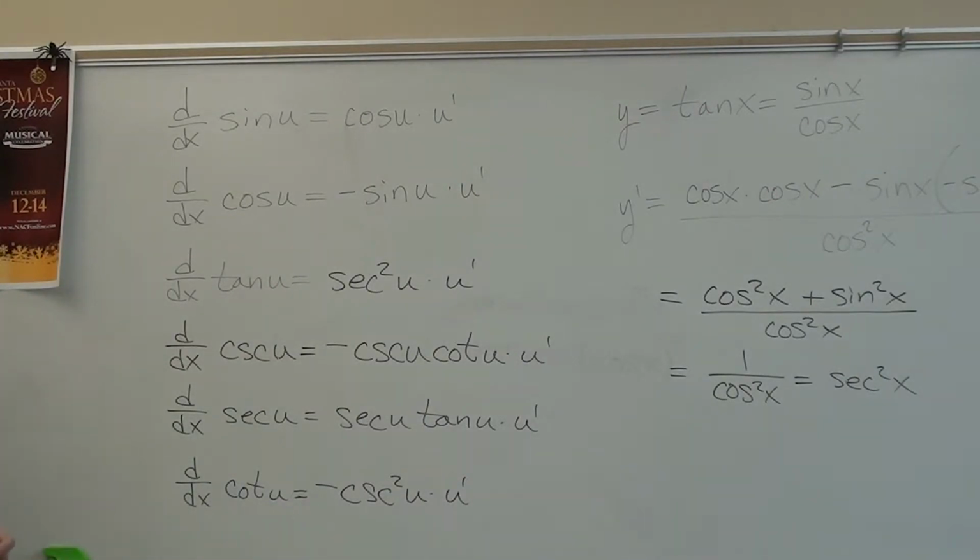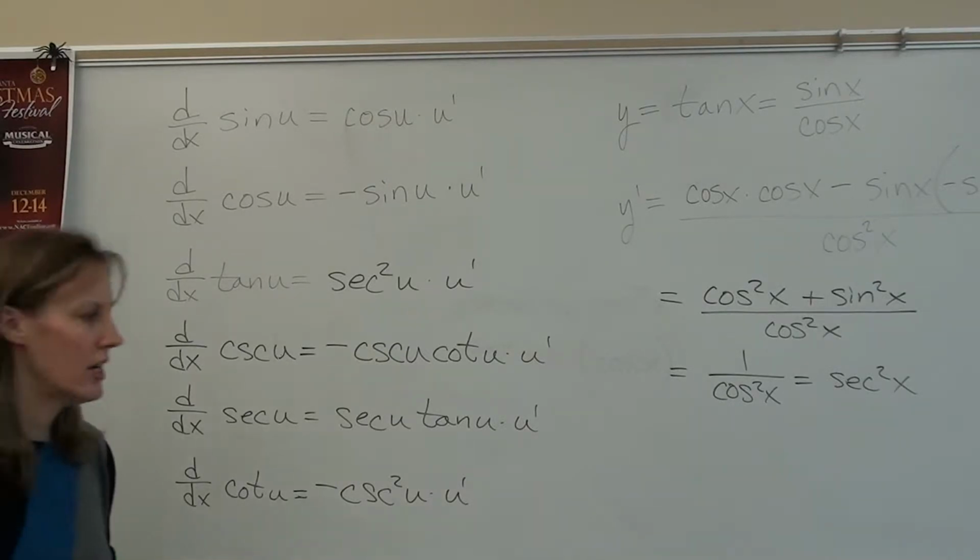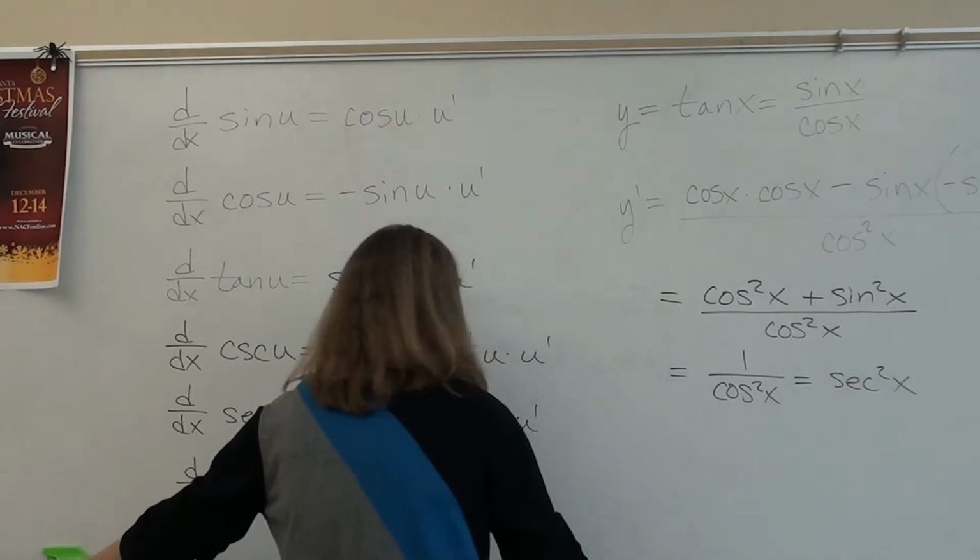Alright, so in a nutshell, derivative of sine is cosine, derivative of cosine is negative sine, derivative of tangent is secant squared, derivative of cosecant is negative cosecant cotangent, derivative of secant is secant tangent, and derivative of cotangent is negative cosecant squared. You will have to memorize these 6 derivatives by tomorrow. But you'll use them so much tonight that it'll be easy. Okay? Okay. Good. Let's start using them.